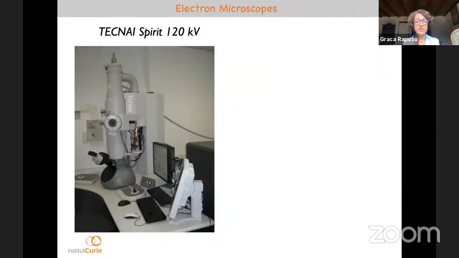I'm sure that most of you have seen a microscope. This is one of the microscopes we have at Institut Curie. This is a Tecnai 120 kilovolt. This is a very user-friendly microscope, I would say. Of course, now they are equipped with digital cameras, and we are very lucky. Maybe Carolina, when she was in Paris, we were still developing these negatives, is maybe sure of that. Now we have this chance to have these digital cameras that are very appropriate to directly have the electron micrographs.